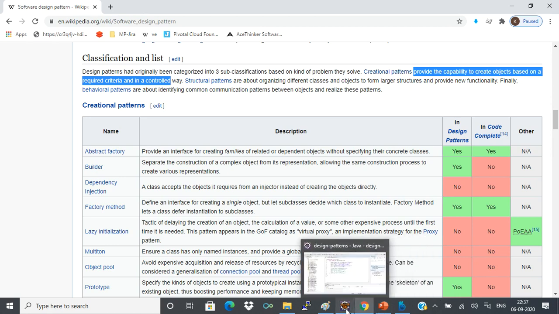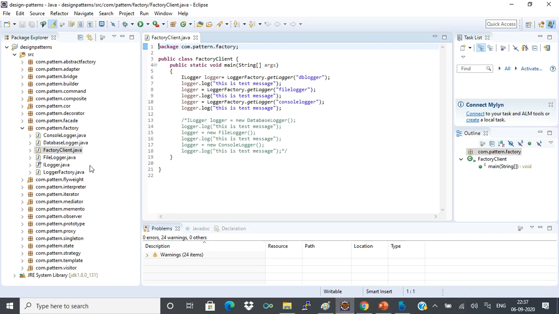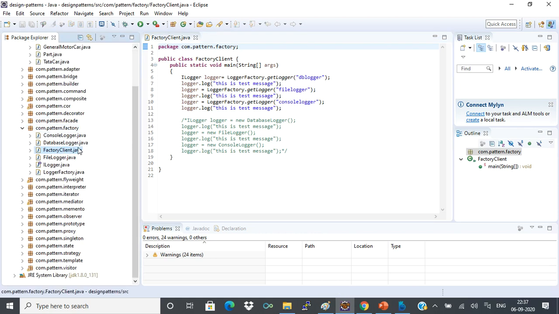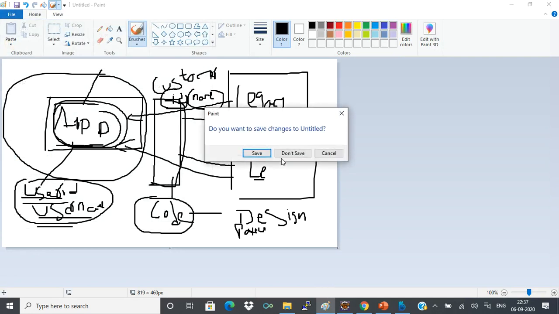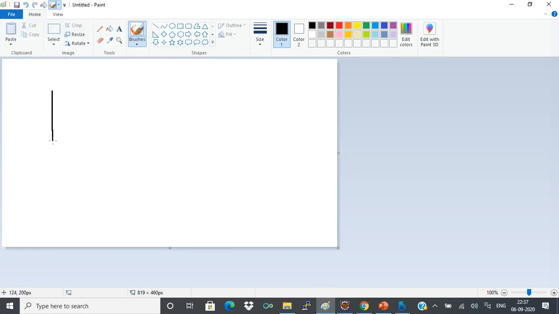Okay, so first and foremost we'll be studying the factory pattern. I'll be uploading this code to GitHub so that everyone can access it. I have written multiple Java examples for using all these patterns. So first we'll be studying the factory pattern. So what is basically a factory pattern? Okay, I'll explain what the scenario is here. Say for example, I think everyone who is seeing these videos knows.